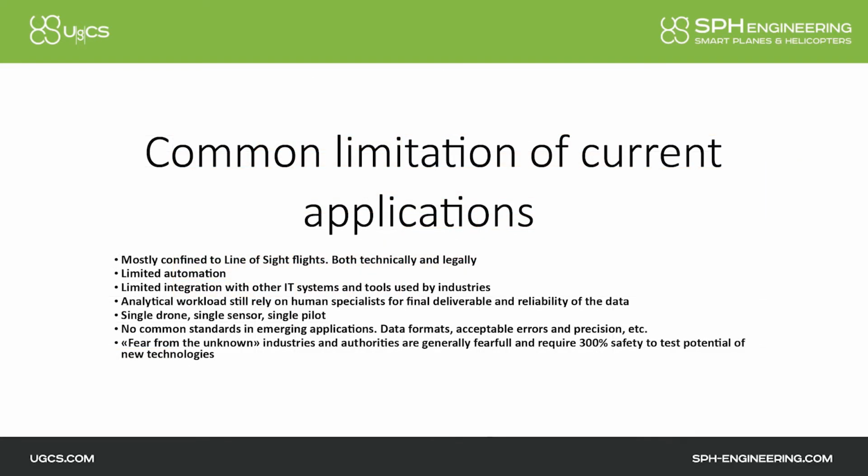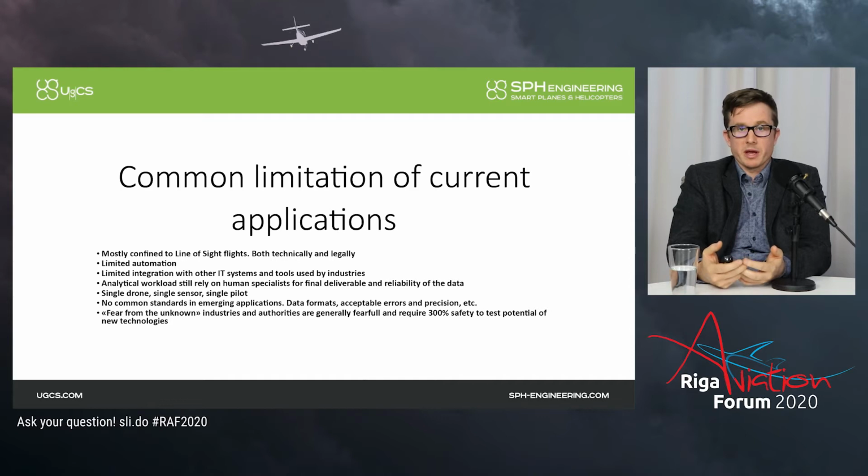So what are the current limitations? The main problem is that currently by law in many countries we are confined to line of sight flights. That means that you cannot lose sight of your drone once you are doing something with it. That's a really big limitation, and it's a good limitation, to be frank, because you never know what's going on behind the building or if it's out of sight. And clearly, that is one of things which will improve in future.